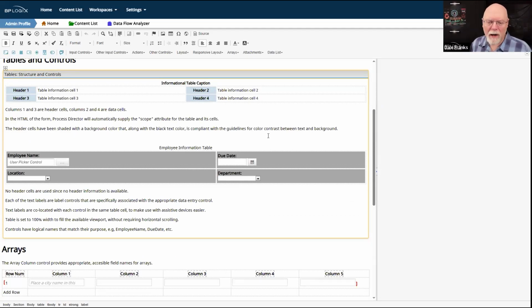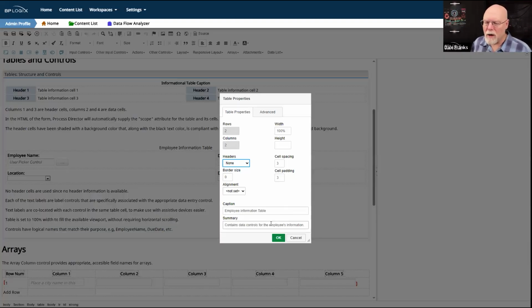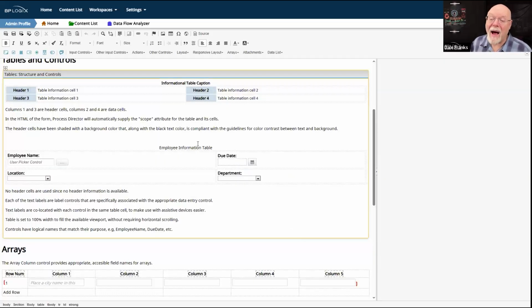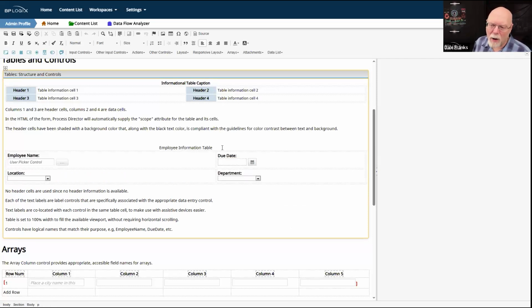So again, if we go down here to this table, you can see I've got my caption and I have a summary inside the table properties for this particular table. It's not a bad idea to do that if you're going to use a table like this, even though I suppose technically I'm still using a table for layout, and so I don't necessarily need a caption.